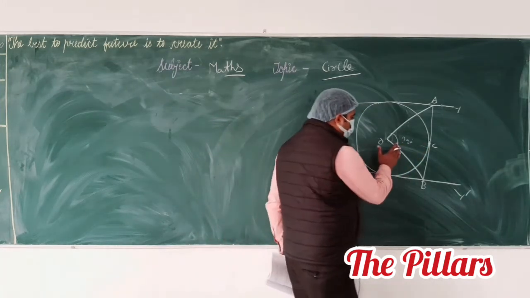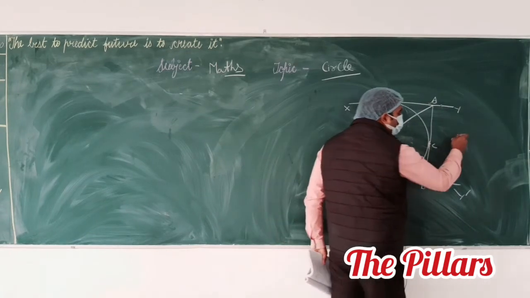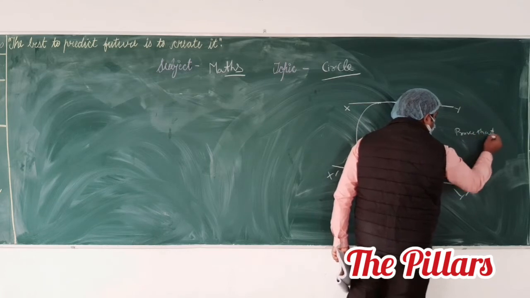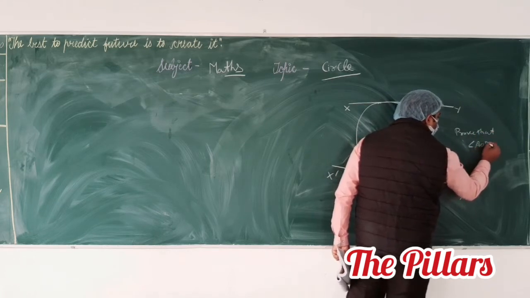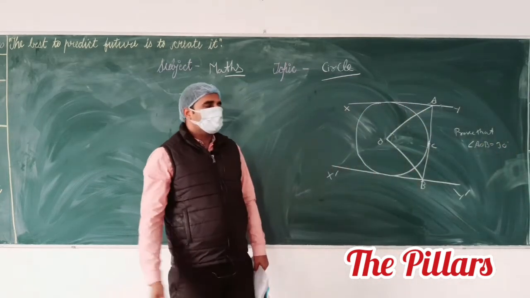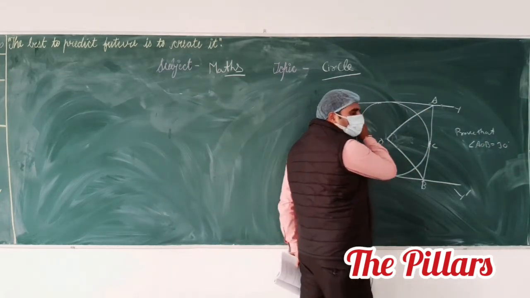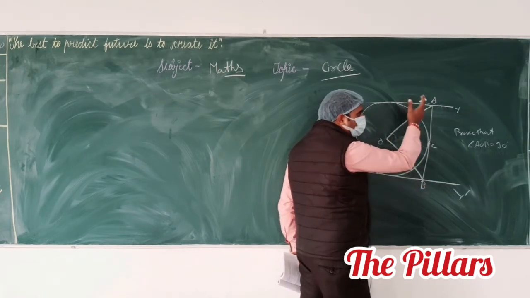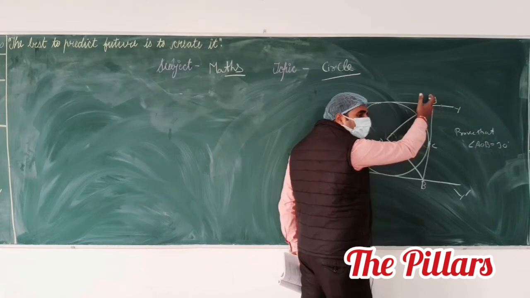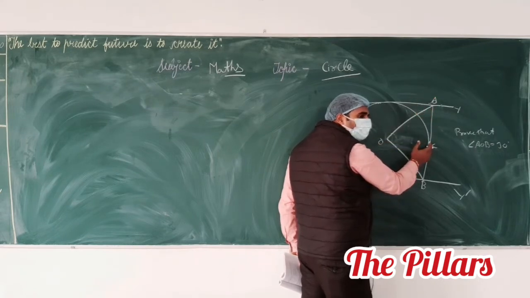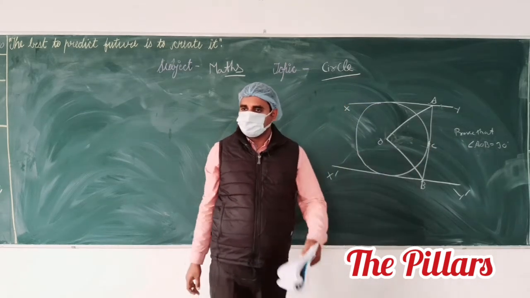It means we want to prove that angle AOB equals what? 90 degrees. You see that we have a given figure in which there are two parallel tangents xy and x dash y dash, and there is a third tangent which intersects the two parallel tangents at points A and B and touches the circle at point C, and this point C is the point of contact. Till here anyone have a problem?